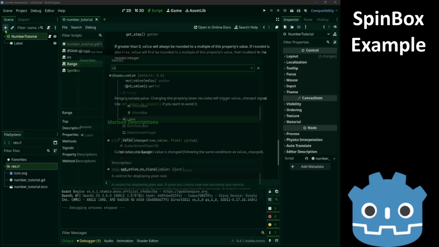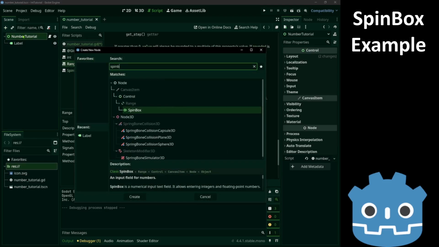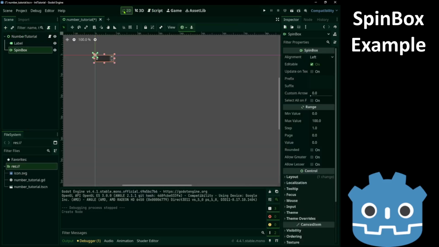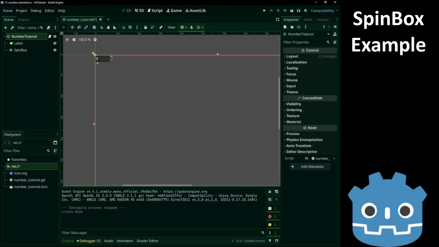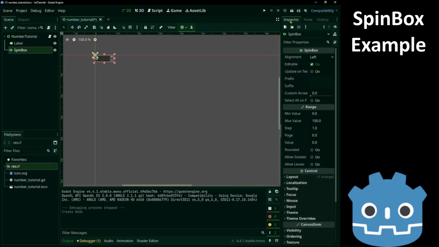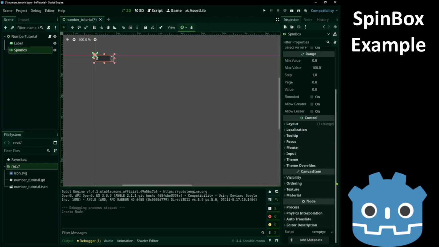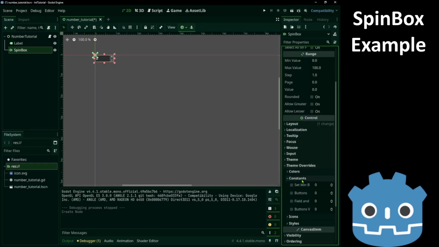To see an example, let's say we have a spin box. This includes a number we can increase and decrease. Changing the font size is a bit more tricky here. We go to theme instead of overrides.